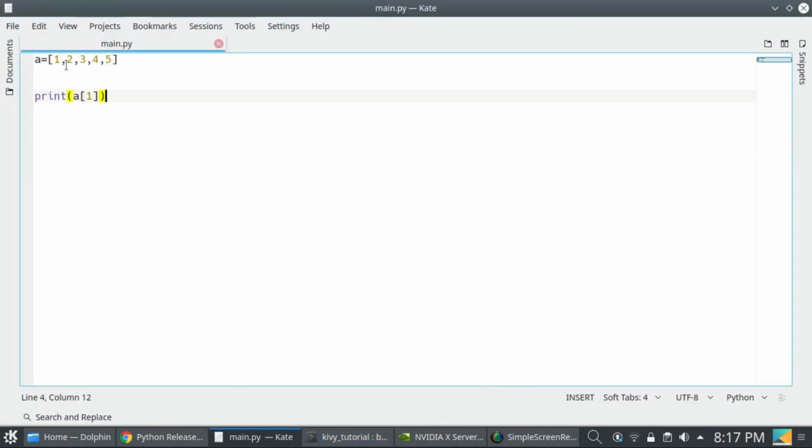This is 0th index, this is 1 index, 2, 3, 4. So I am accessing the first index of this list, means 2. So I am giving the numbers, but if we use a dictionary, so I can use a name.